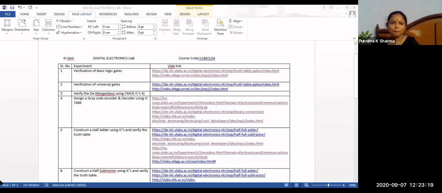You know conversion between gray code and binary. There you are using a number of gates. That means 7486 IC is required there. So if you remember the IC number, then you can perform the experiment easily. Remember these IC numbers to do the experiments in the hardware lab.